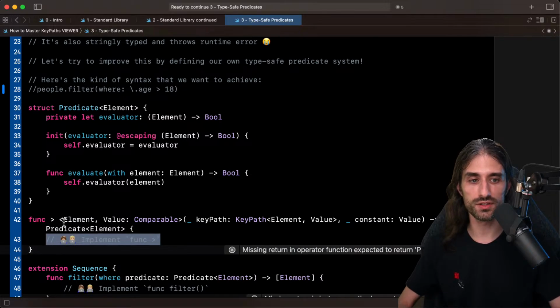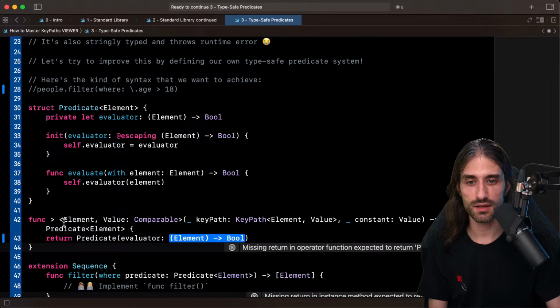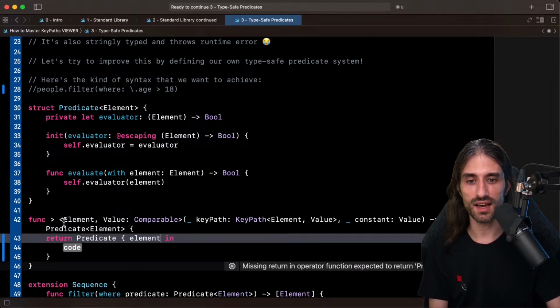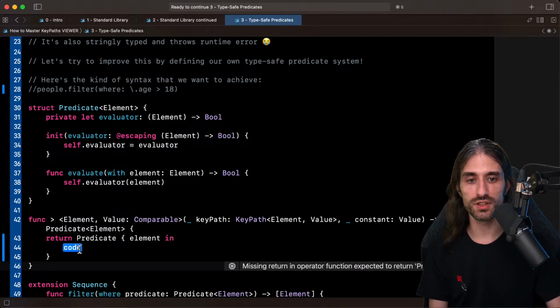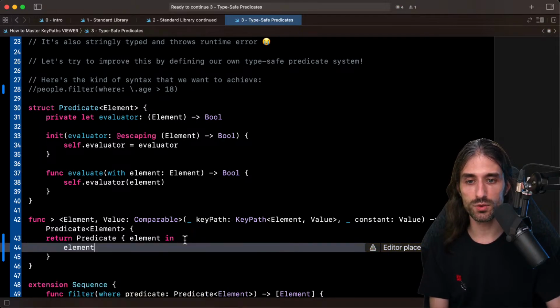So I want to return a predicate. The predicate takes an element as an argument. I need to return a Boolean from it. How can I return a Boolean? The only way is to compare two things, comparable here. And so I'm going to take my element, I'm going to invoke the key path on it, and then I'm going to say, okay, is it greater than the constant?